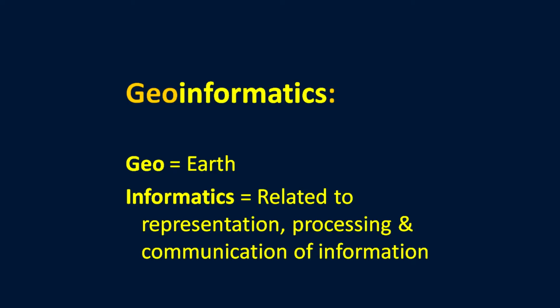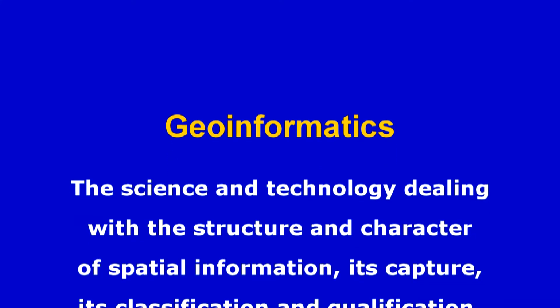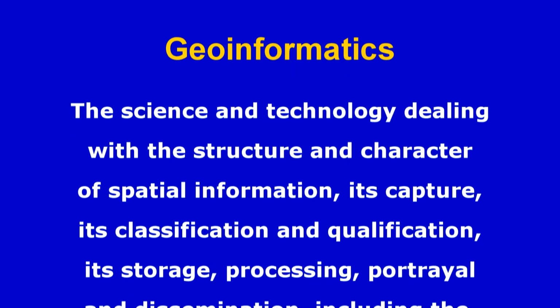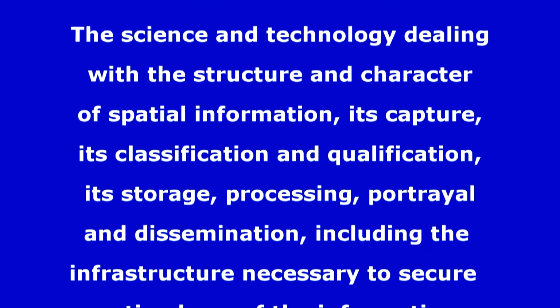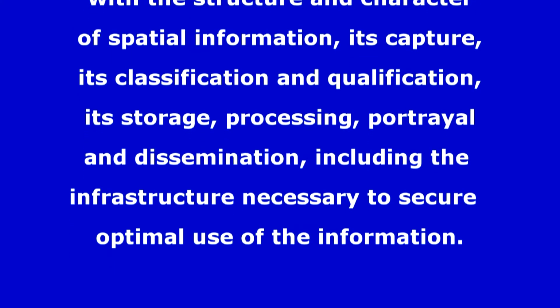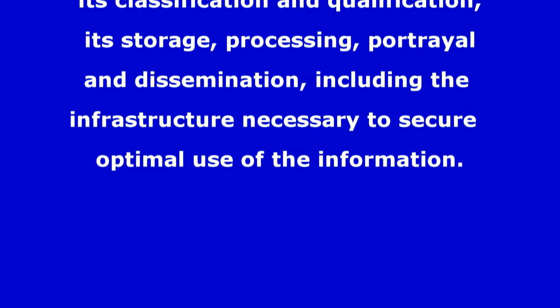Professor Garg, our viewers would first like to know what is Geoinformatics. As you are aware, it comprises two words. Geo means earth and information, you are aware about it. So it is about obtaining information about the earth surface using information technologies. To put it together, it is the science and technology which deals with the structure and character of spatial information, its capture, its classification and qualification, its storage, processing, portrayal and dissemination, including the infrastructure required to secure optimal use